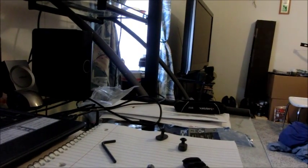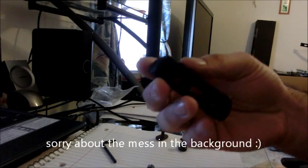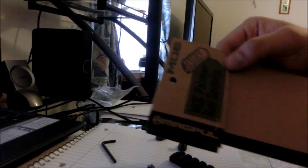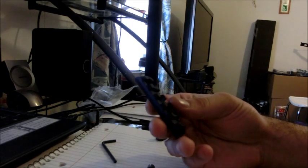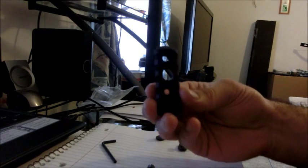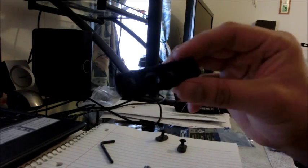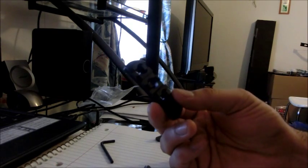Okay, I'm trying to make a quick video on how to install a picatinny rail, and this specific rail is the Magpul MOE polymer rail. It's the smaller one that they sell that I was able to buy at Cabela's. I want to say it's about 2.5 inches in length. Now, if you can see the hole in the middle, that does not come with it. I had to actually drill that out, and I used a 13/30 seconds drill bit